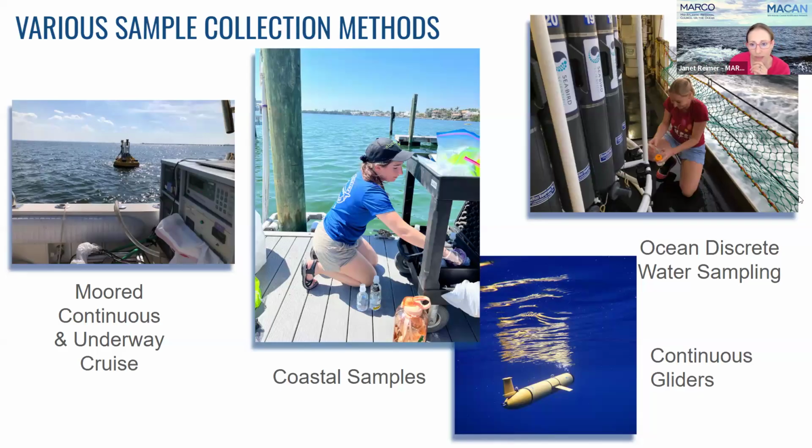And then on cruises, we can collect water samples. We generally can collect them through the water column, depending on conditions that day on the cruise, but we can take deep water samples up to several thousand meters. So we can get a really clear picture of what carbonate chemistry looks like through the water column, but those samples are few and far between because those research cruises don't happen often enough.